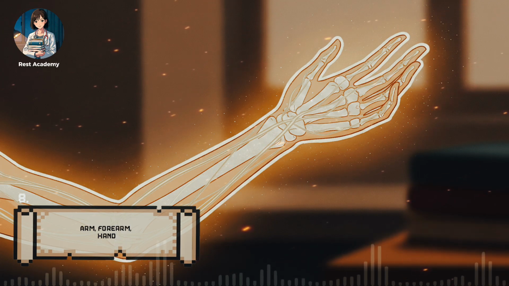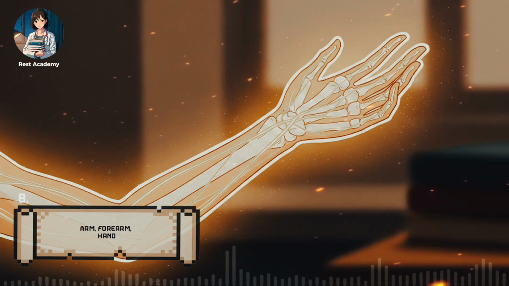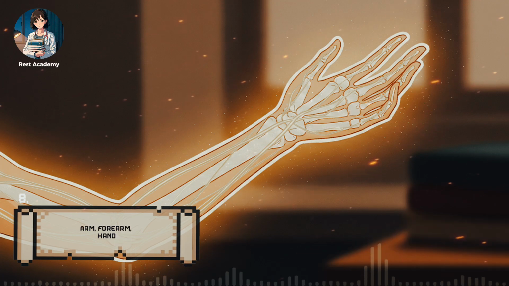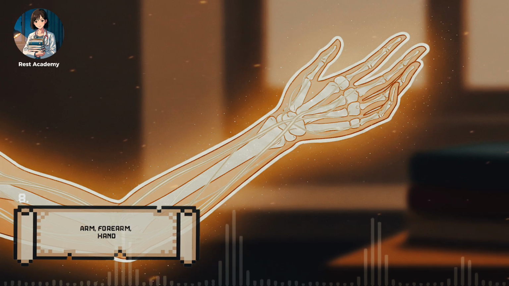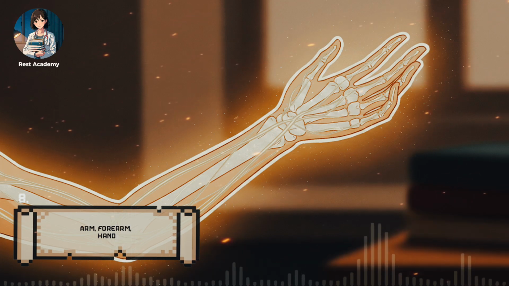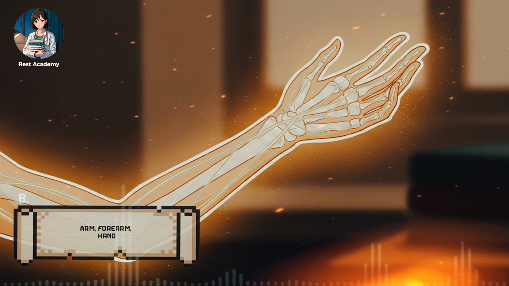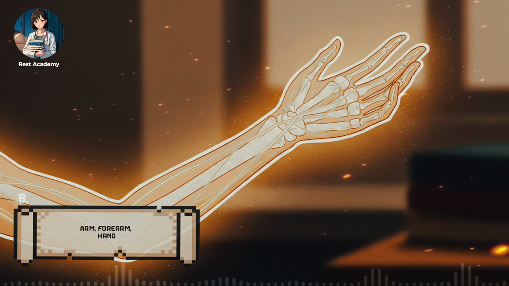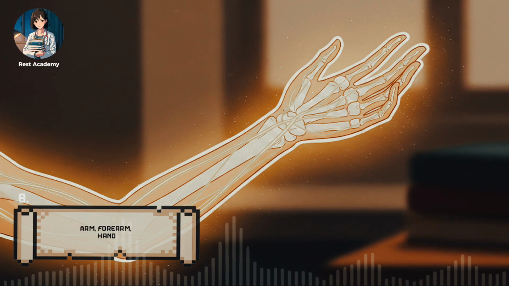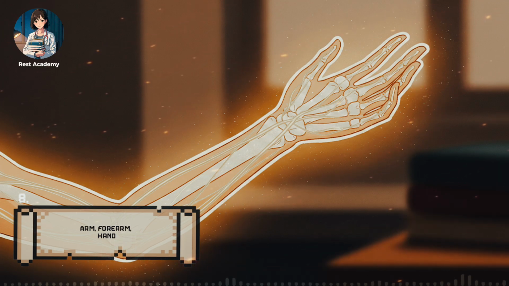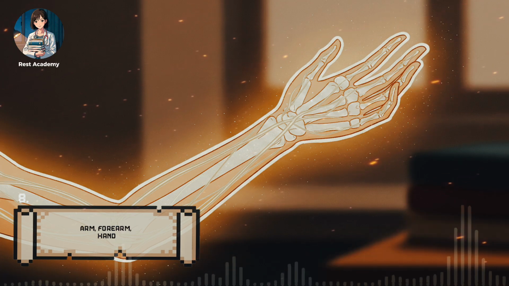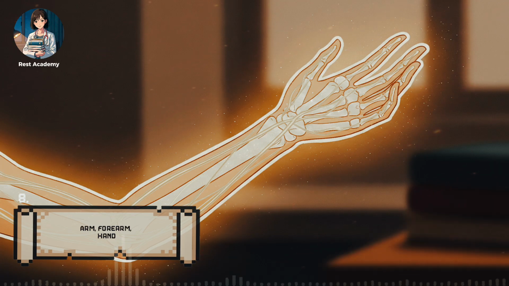The median nerve travels with the brachial artery, crosses the elbow anteriorly deep to the bicipital aponeurosis, and enters the forearm between pronator teres heads. Before the wrist, its anterior interosseous branch dives along the interosseous membrane to power deep flexors: flexor pollicis longus, lateral half of flexor digitorum profundus, and pronator quadratus. This branch is motor only, so pain and weakness in pinch, thumb to index, occur without numbness. The main median trunk continues to the wrist, passes under the flexor retinaculum within the carpal tunnel, and supplies the